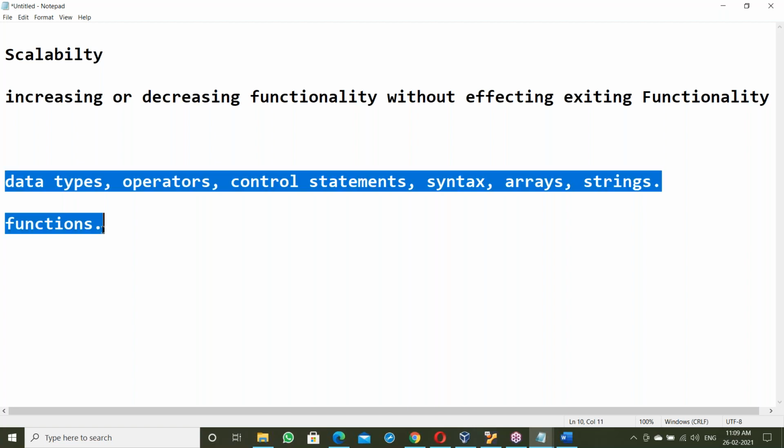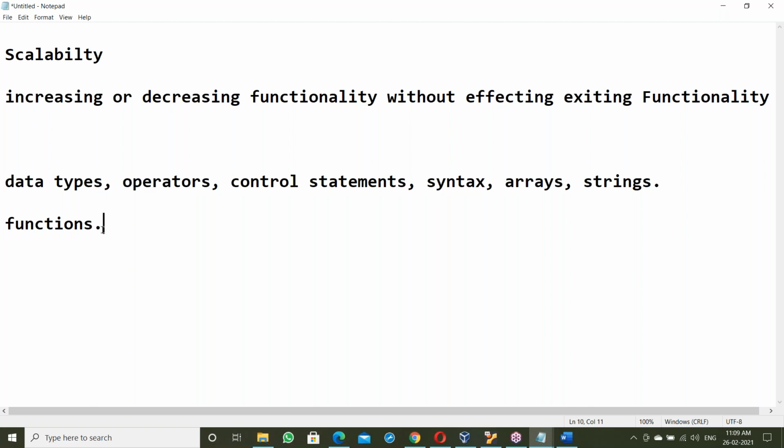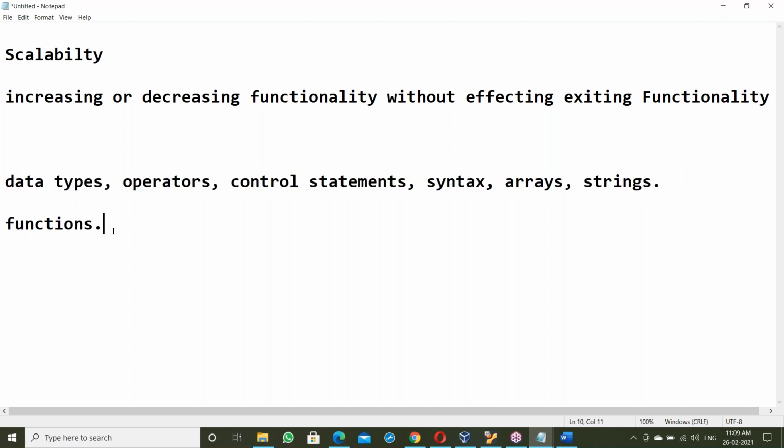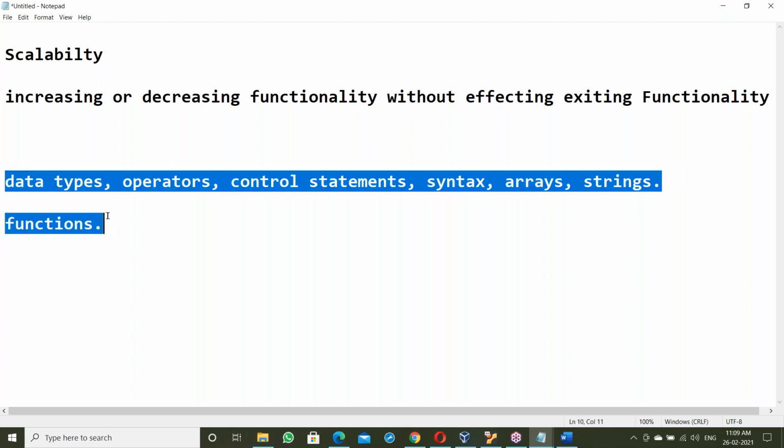So this is the basic system, the basic coding concepts. Every language and every tool has to follow these concepts, otherwise nobody will use their software. Every software has to follow these fundamental rules, the C language concepts, otherwise no one can use that software. This is nothing but the scalability concept. Java is scalable. That means Java follows the existing rules of software, the C language rules, without violating them. Java has its own features too.